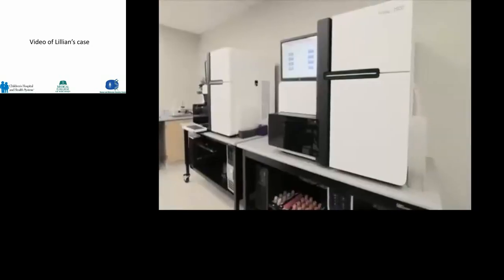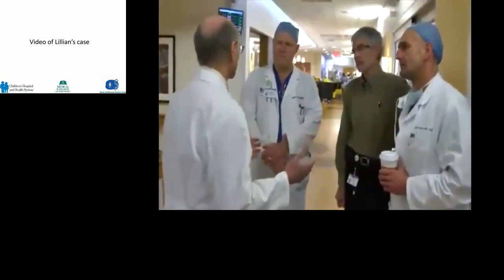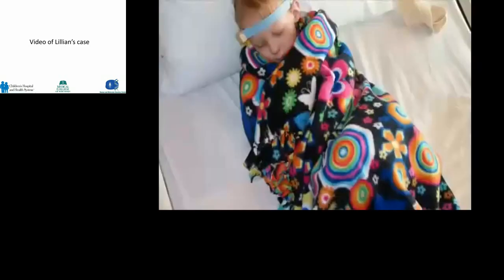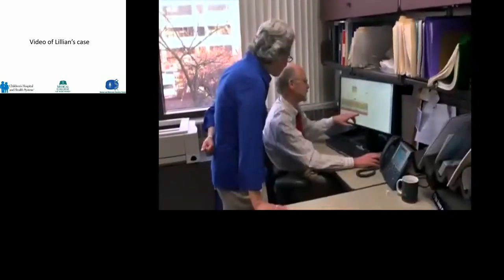You know, the whole concept of the whole genome sequencing was new to us. Genome sequencing is a process where we examine or we look at all of the genetic material, all of the DNA, all of the instructions that a person has. Its purpose is to help us diagnose children when we've not been able to find a diagnosis before. Many physicians suspected she might have a genetic condition. She really fit many of the criteria of a patient who had an unexplained disorder and for which there may be potential treatment strategies. Genomics is almost our fulcrum, if you will, to the reach out to the many specialties that our genetics program supports.